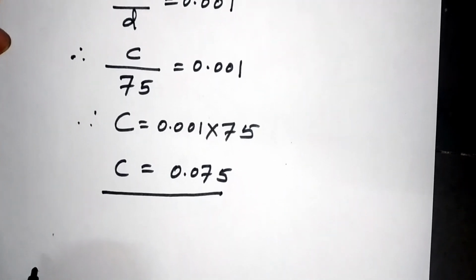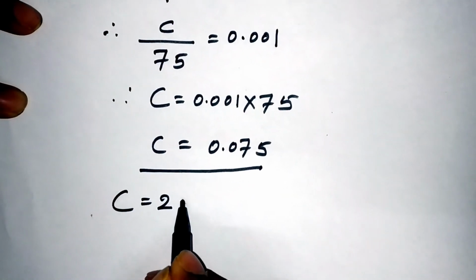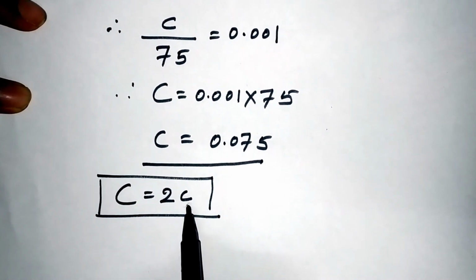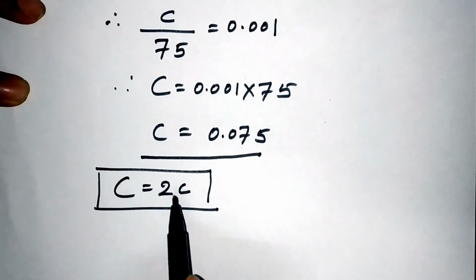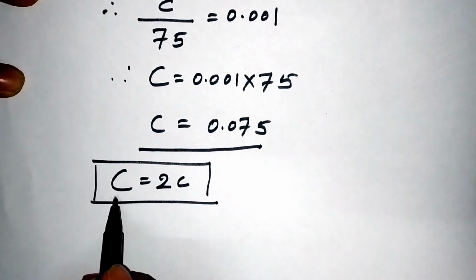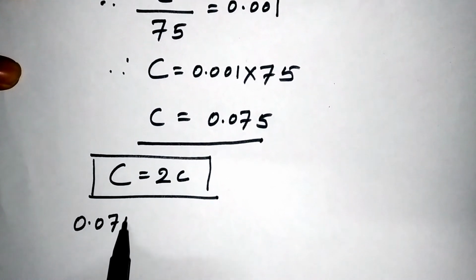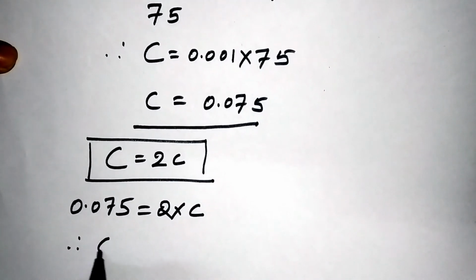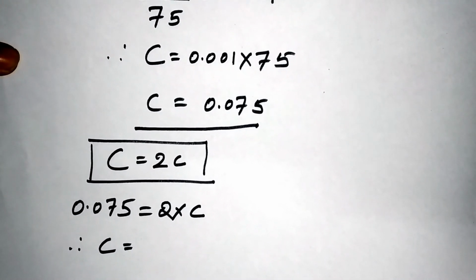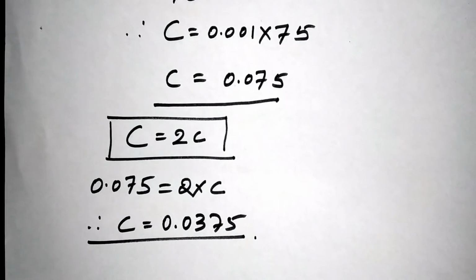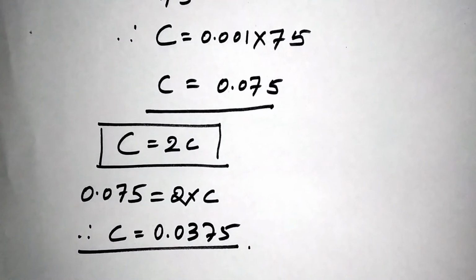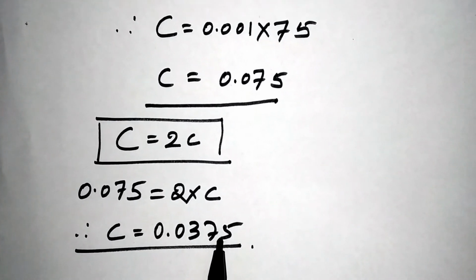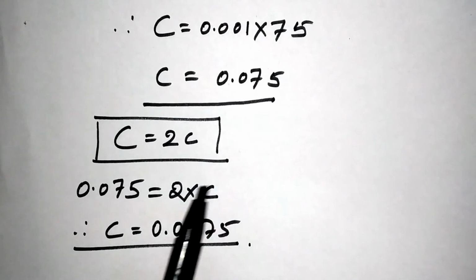So you know that diameter is equal to 2 times the radius. Therefore the diametric clearance is equal to 2 times the radial clearance. So now 0.075 is equal to 2 times the radial clearance. From this I'll get small c, that is my radial clearance. After calculating this, I'll get my radial clearance as 0.0375. Now I'll substitute into the Petrov equation, since I have calculated C and P value.